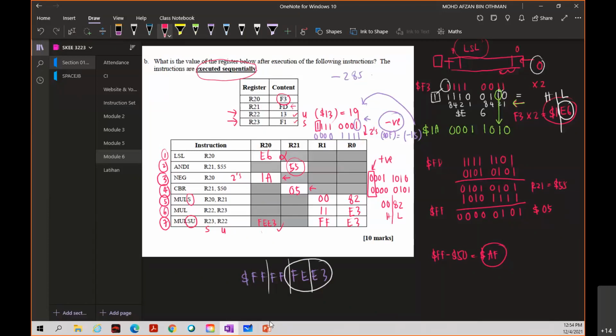Any question up until here? So we have already finished module 5 and module 6. Next week we continue with module 7. Any questions? If no question, then